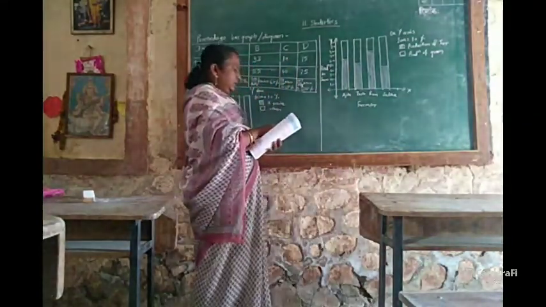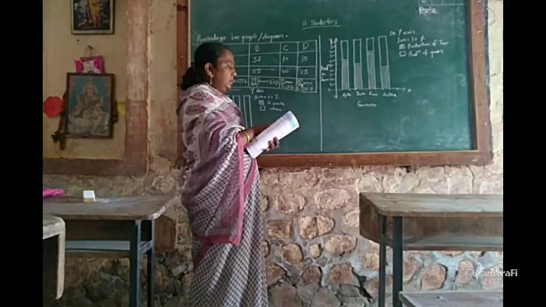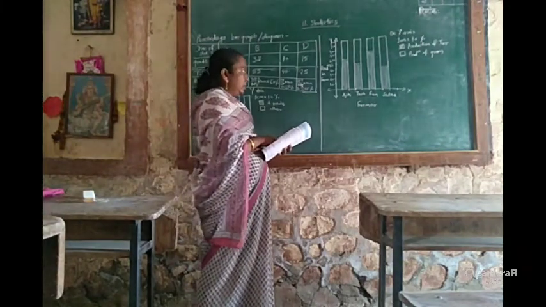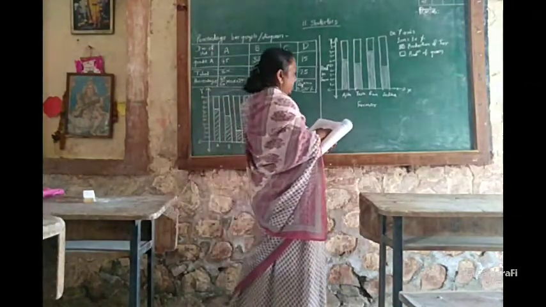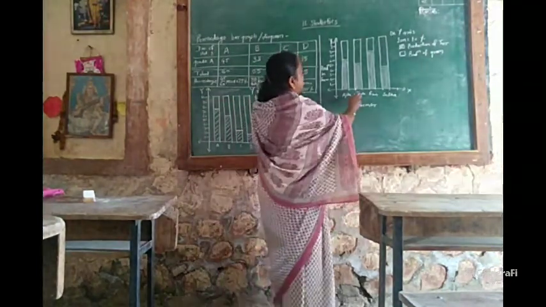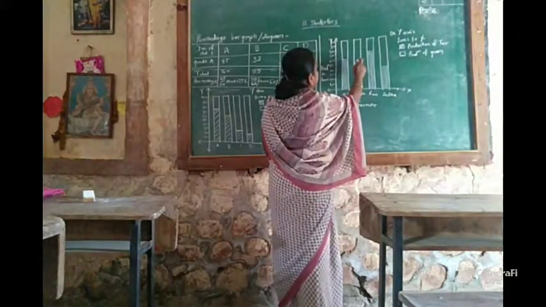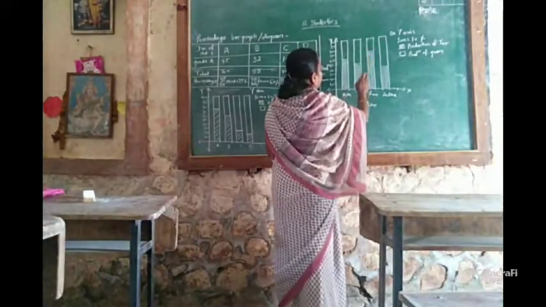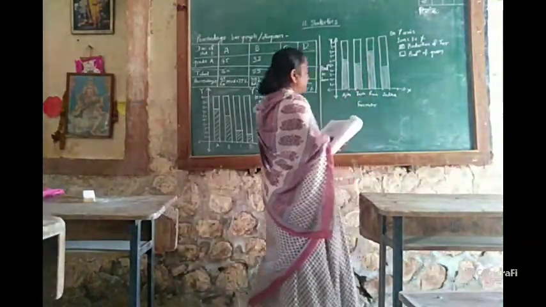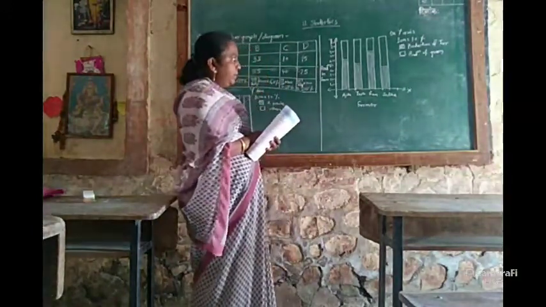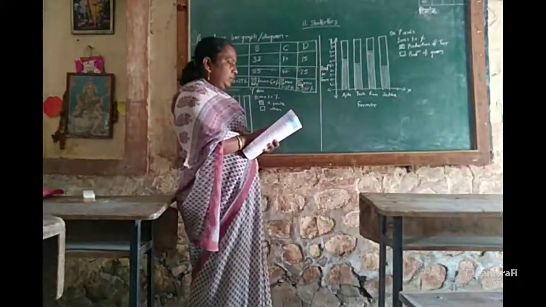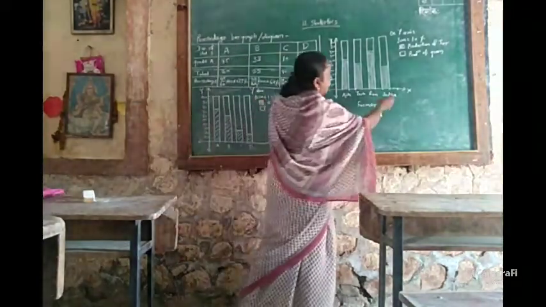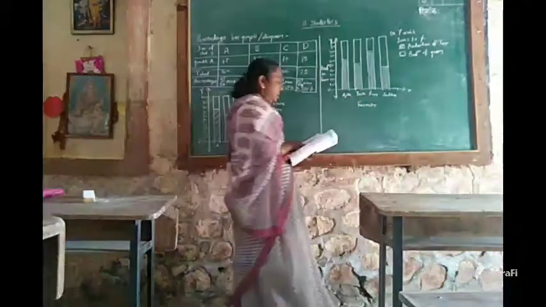Then see the third question. Compare the production of gram in the farms of Yash and Ravi and state whose percentage of production is more and by how much. You can see in Yash's farm gram production is 50% and in Ravi's farm gram production is 30%. So Yash's farm gram production is more by 20% than Ravi's farm. Then see the fourth question: whose percentage production of tool is the least? You can see in the graph here Sudha's tool production is the least.